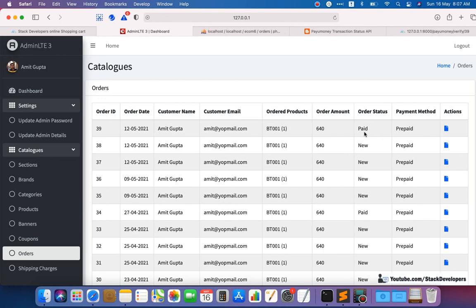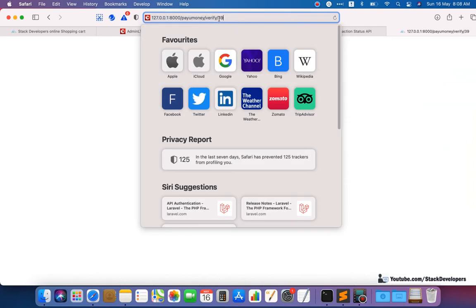Now see, we are just doing this for a single order. But we will not run the API like this. We will just run the API like this, only this one, PayUmoney/verify. Here the localhost link will not come, your website URL will come. This one we will schedule to run every half an hour, and it will check the last 5 PayUmoney orders to see whether their status is exactly the same or not. And if the status is not the same, then we are going to update the status.